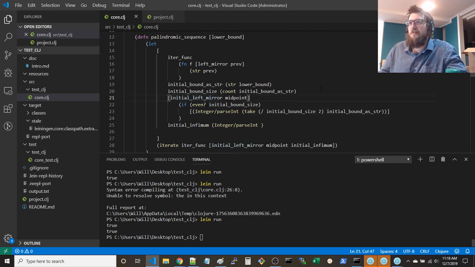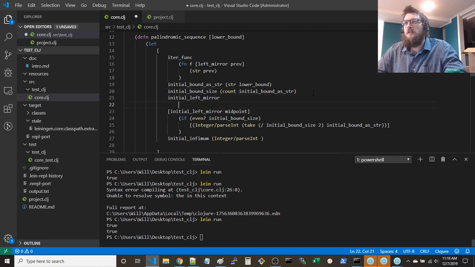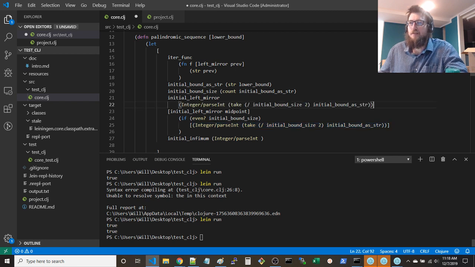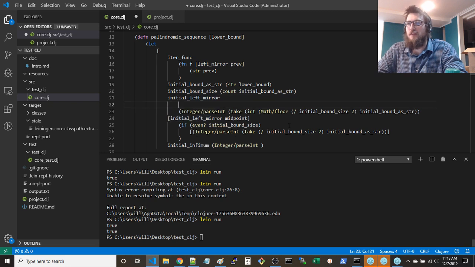Really only matters about the midpoint. So you want, really this should just be here. And this will always be the same. And it's going to be, turn this into, say, math floor int. And this is going to end up being a, what do they call that? So initial bound is a string. You're going to call,